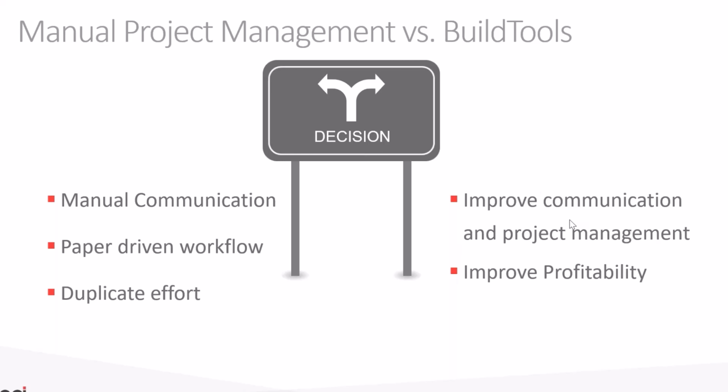We can really look at every step that we make as a business. And right now at this decision point, we can say, do we want to keep going in the direction of manual communication, paper-driven workflows, Excel spreadsheets that multiple people can change without a good audit trail of what's underneath it, having people duplicate efforts so that we can have good finances to run this report once a month or whenever we believe that it's accurate because everybody has given us the information? Or we could make a decision to improve our communication, adapt technology, and really help us with our project management, help us scale